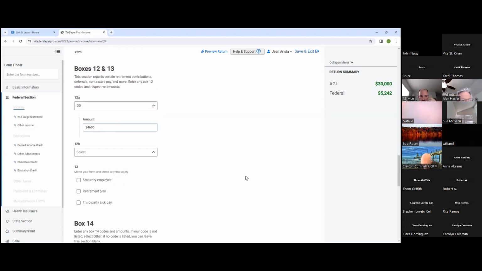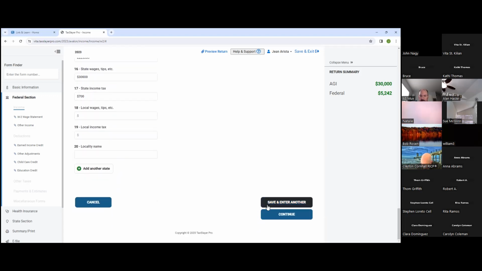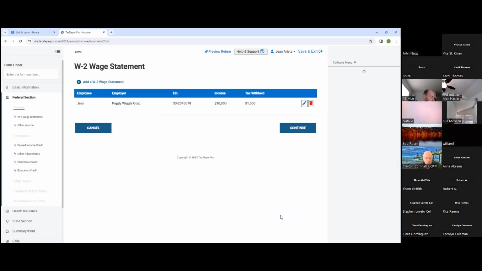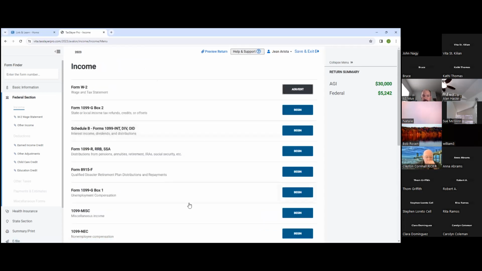Okay, so that's that. If you had another code on the same return, again, this will be reflected in the W-2. We key it as we see it. And those other codes, I don't have those memorized. What you can do, you can jump into the 4012 if you have one of these codes on your W-2. Okay, so we now are done with our W-2. We're going to hit continue, and hit continue. All right, any questions or comments thus far?